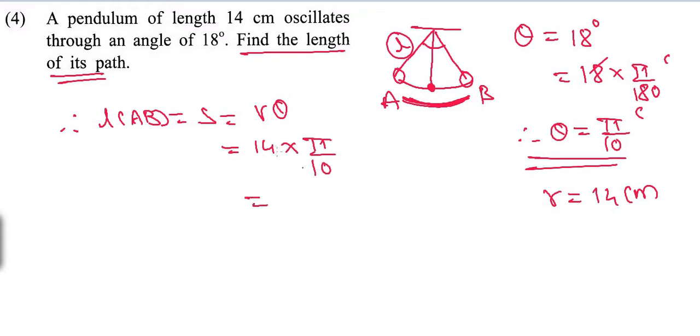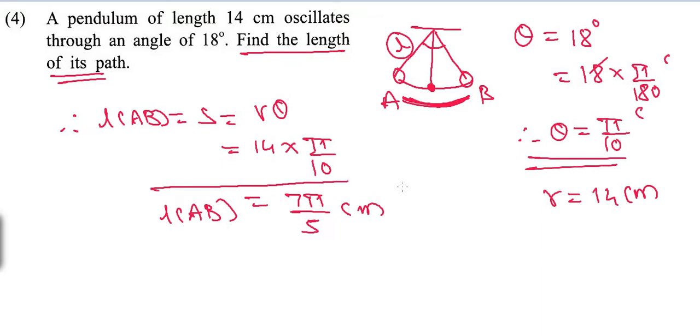Now we can divide it by 2. 2 7s are 14 and 2 5s are 10. So this is the length of path, and so we get length AB is equal to 7 pi by 5 centimeters. If you wish, you can write the value of pi and further simplify it. Two arcs of same length subtend angles of, now two arcs of same length. So first we will write that S1 equal to S2.